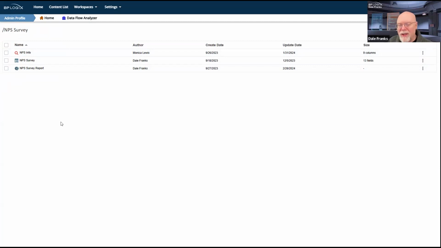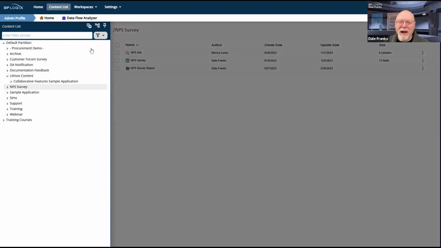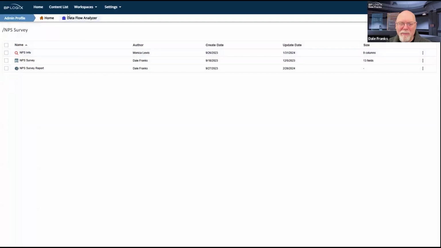You could get rid of it. There was a tiny little icon on the divider bar that when clicked would make it go away. And then you could go over to the very far left of the screen and click again and bring it back. That was a little unwieldy. It's certainly easier to click on the content list menu than it is to find that tiny little icon that was somewhere in the middle here on the bar. And yet, sometimes I want the content list open and sometimes I don't. And I don't know which one I want at any given time.